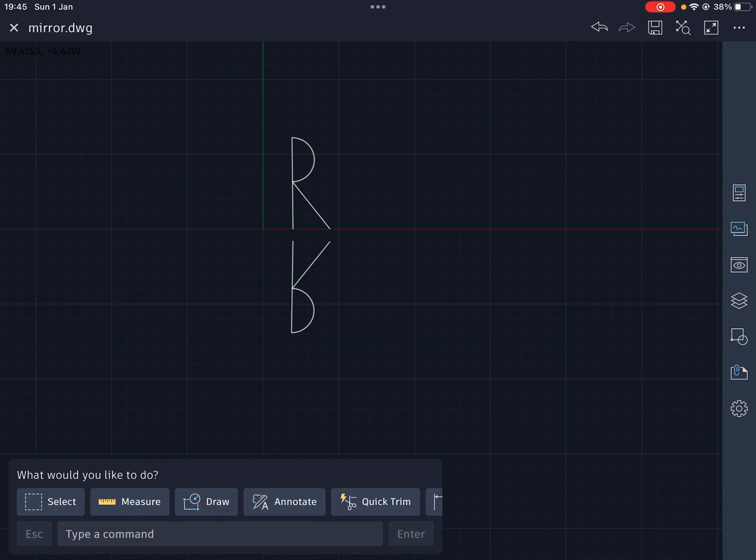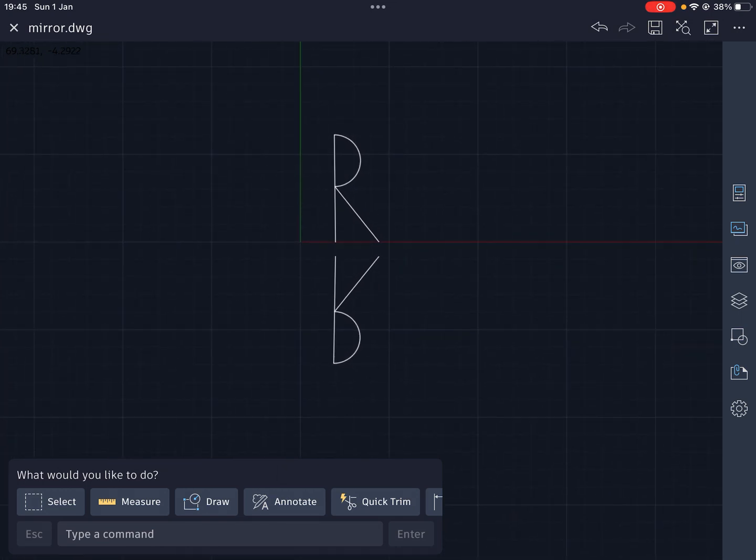We could remove or retain the source object each time we do the